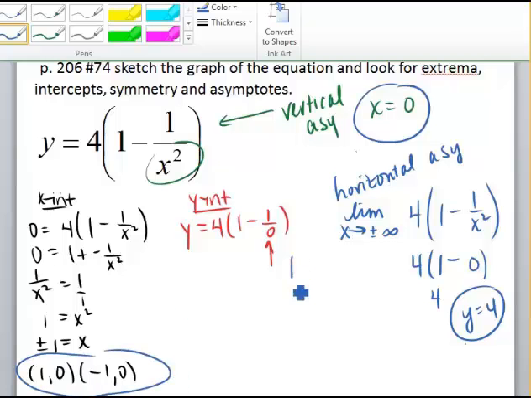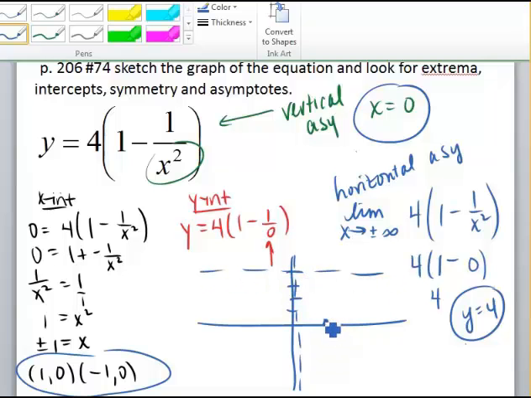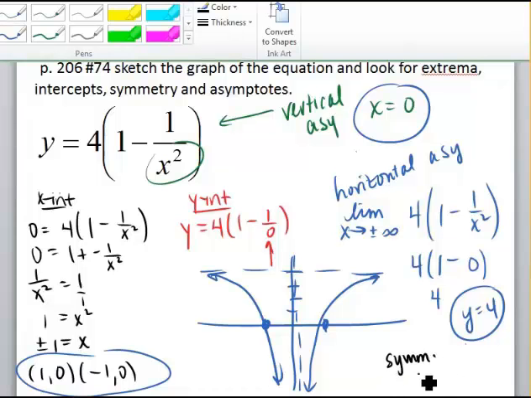points to work from. So when I sketch this graph, I will end up drawing in my vertical asymptote, my horizontal asymptote. I have an intercept of 1, 0, and one at negative 1, 0, and so my graph ends up looking like this. This is symmetric about the y-axis. It's symmetric about the y-axis because if I fold it in half on the y-axis, I will end up with